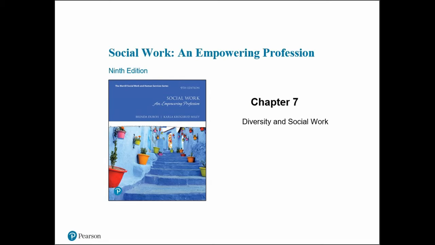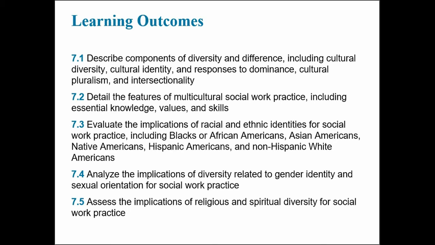So, chapter 7 on diversity and social work will cover the following learning outcomes. Describe components of diversity and difference, including some really important concepts. Detail the future of multicultural social work practice, including essential knowledge, values, and skills. Evaluate the implications of racial and ethnic identities for social work practice, including specific communities like Blacks or African Americans, Asian Americans, Native Americans, Hispanic Americans, and non-Hispanic white Americans. Analyze implications for diversity related to gender identity and sexual orientation, and assess the implications for religious and spiritual diversity